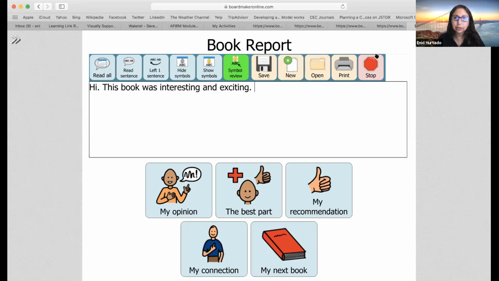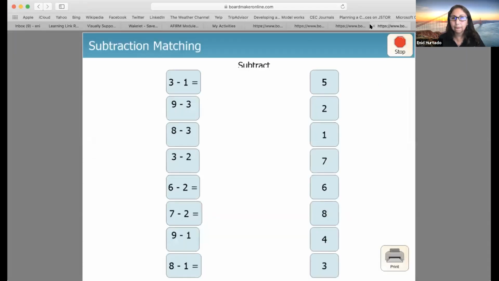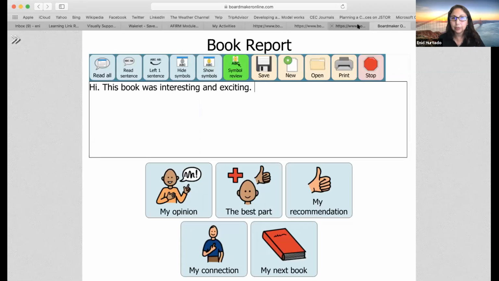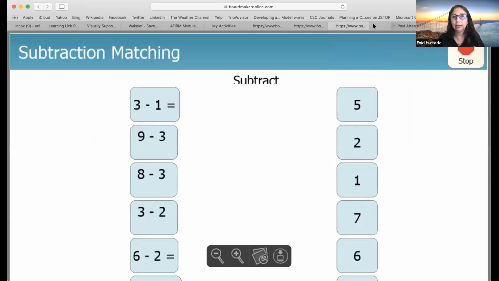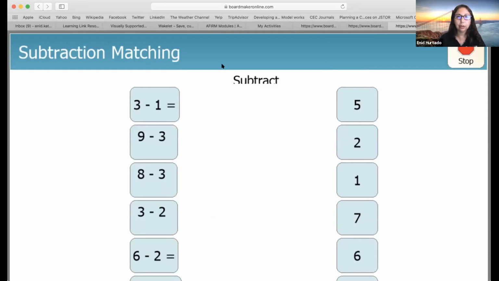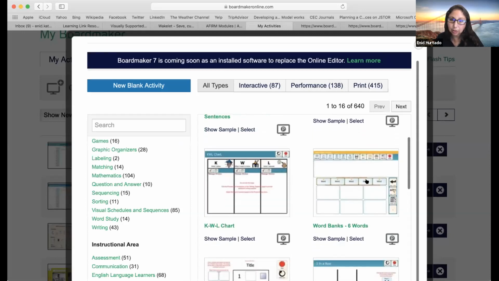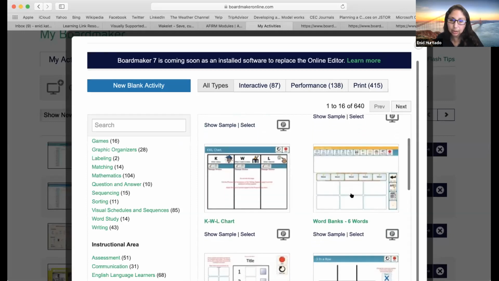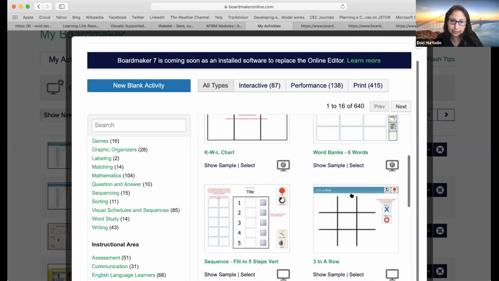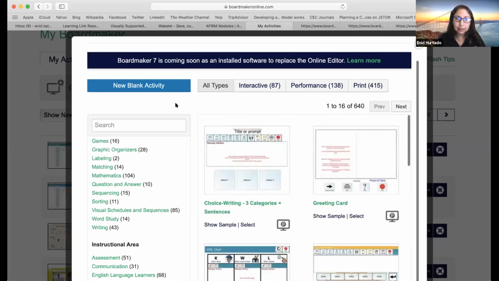Let me just make sure I don't, I may have too many windows open now. Hold on, please. I don't want to close the window on you. All right. So it looks like a lot of the word ones are just like that. But let me show you